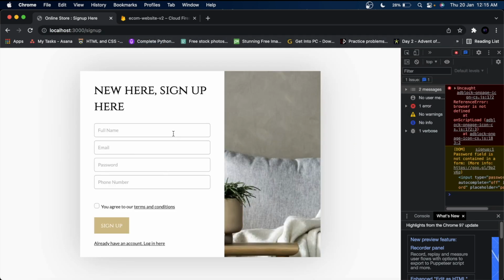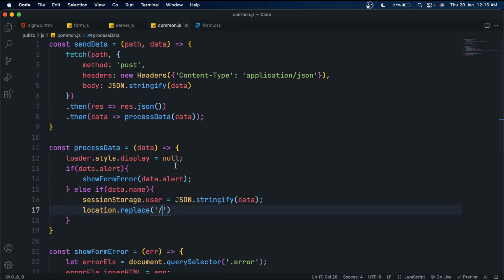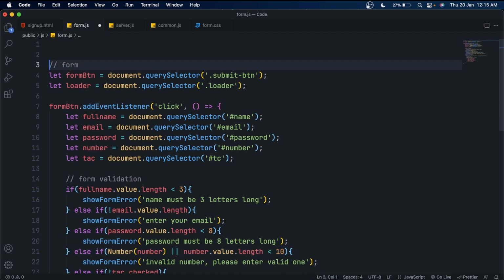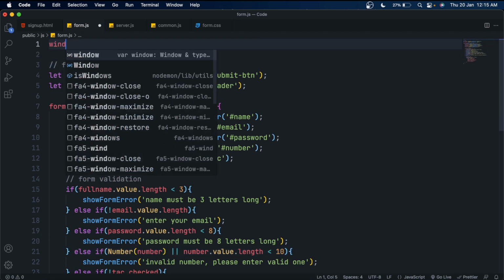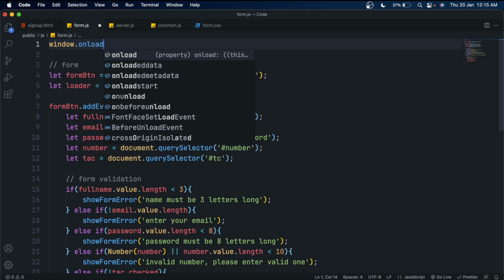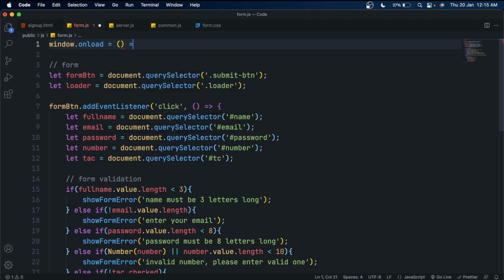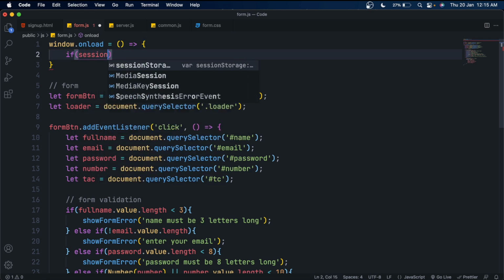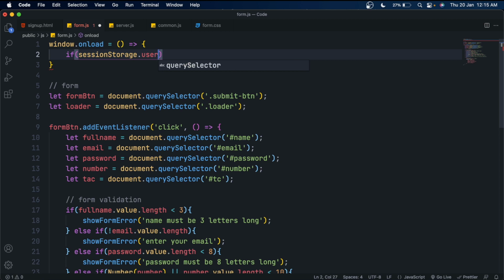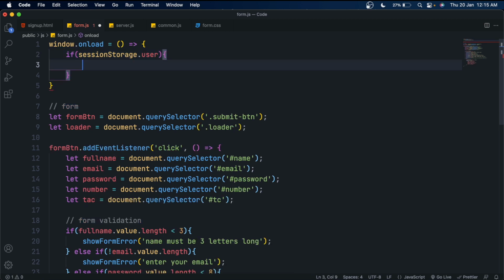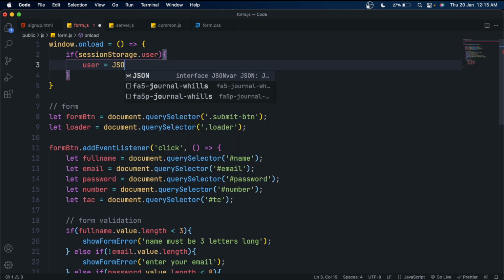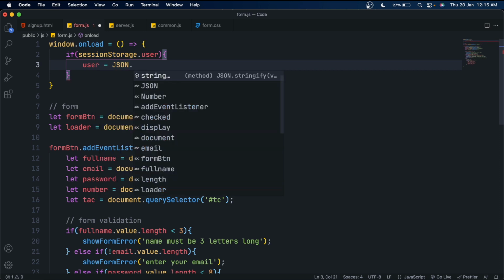Now if I access the sign up page, you can see I'm still getting it, but I don't want it. I want that once a user is logged in, they can't access the sign up page. So for that, go to form.js and at the very top call window.onload. Window.onload is an onload trigger. Inside it, just check whether session.user exists, which means whether we have any user inside our session storage or not. And if we have a user,